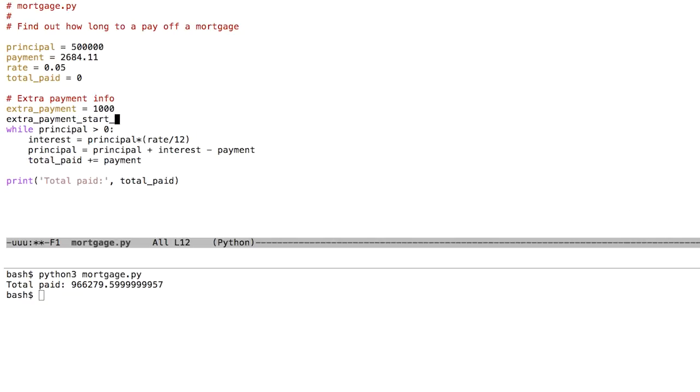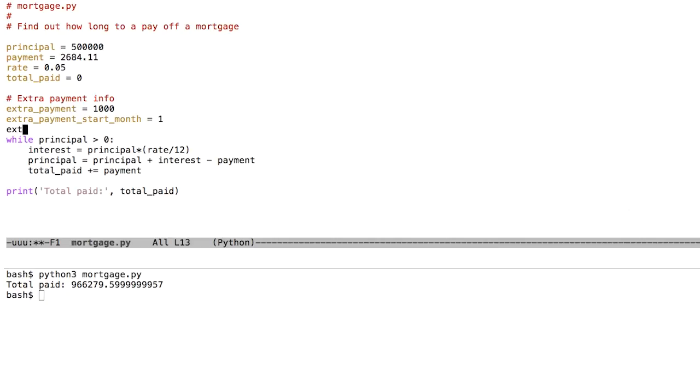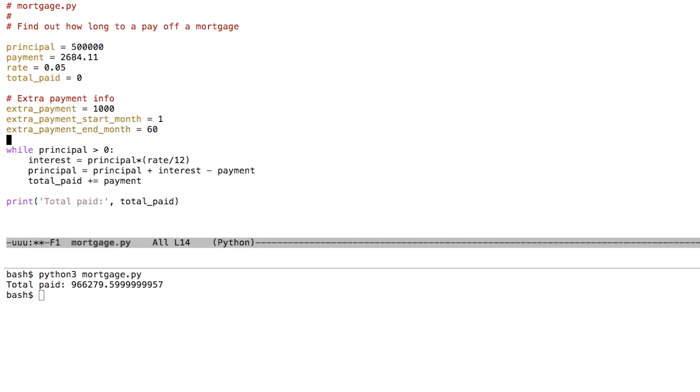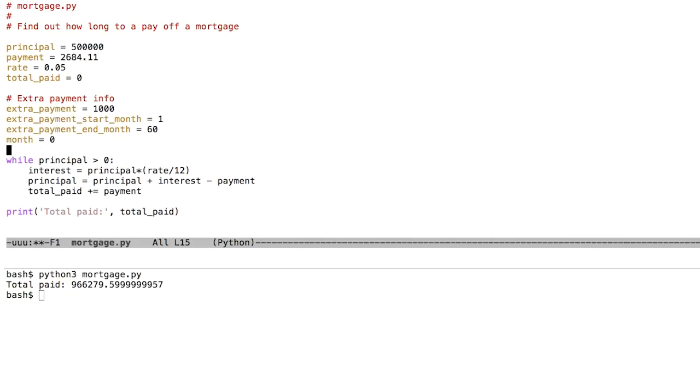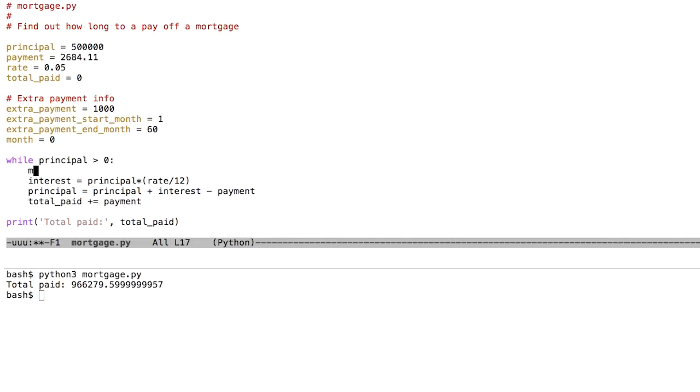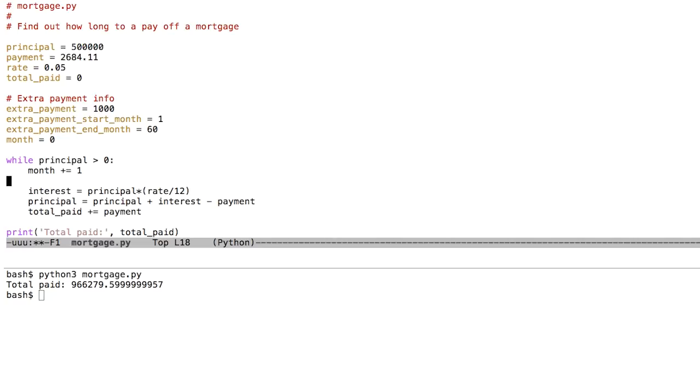And then maybe I'll apply this over some time period. What I'm doing here is maybe modifying the program to kind of play a scenario or something. Like if I were to pay an extra $1,000 for the first 60 months, would that reduce the amount of the mortgage or not? So what I'm doing here is introducing more variables into the program. And then maybe I'll modify this while loop to update those. So I'm going to increment the month. And then maybe I'll check to see whether the month is in this range,